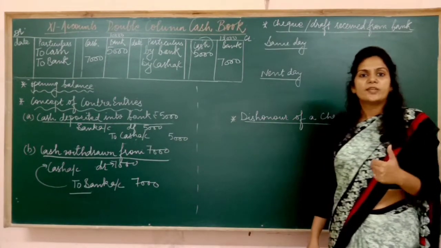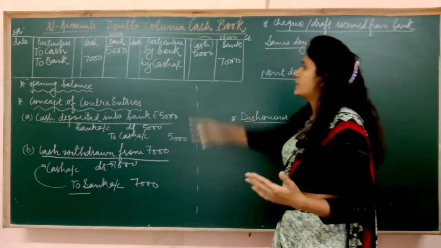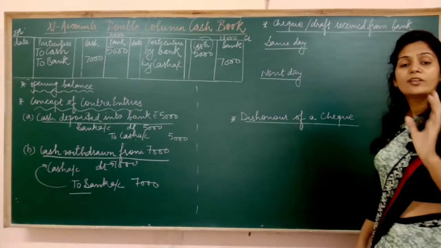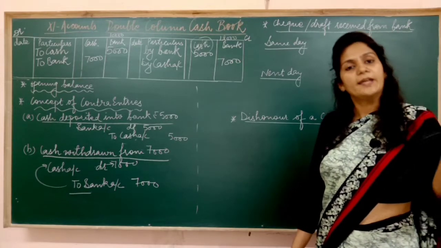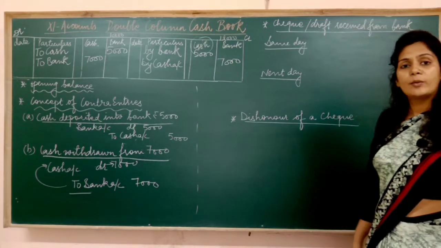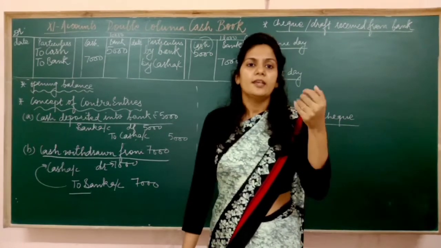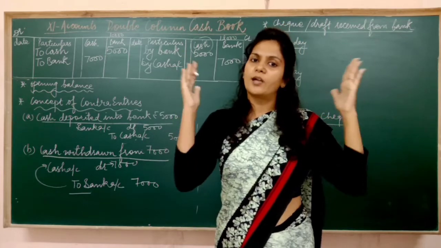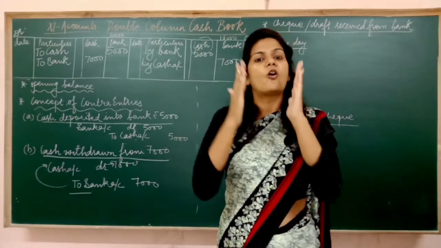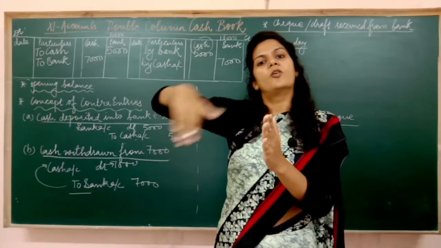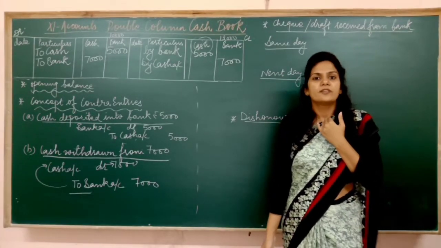See, sometimes we receive cash, so at that time we record the entry in the cash column, fine, but sometimes we receive check also. Like if I give check to somebody, then it may also happen that I receive check from somebody. And if you remember the banking transactions, that video of journal which I posted, I told you that if you receive check from somebody, there become 2 cases. That check received is deposited on the same day or check received is deposited into the bank on some other day.